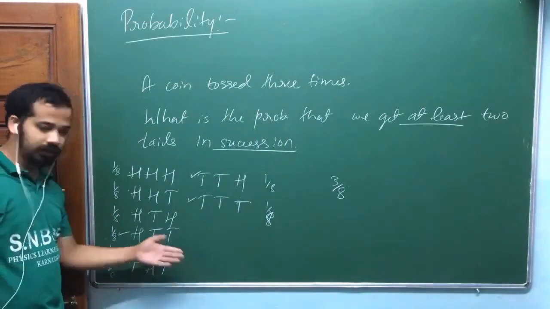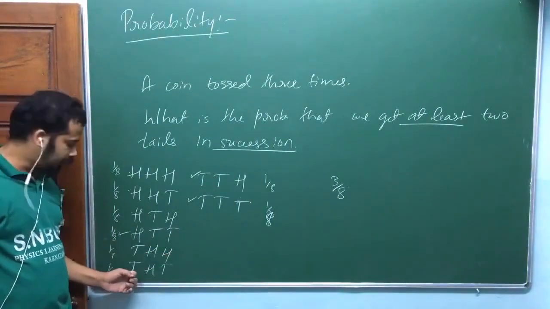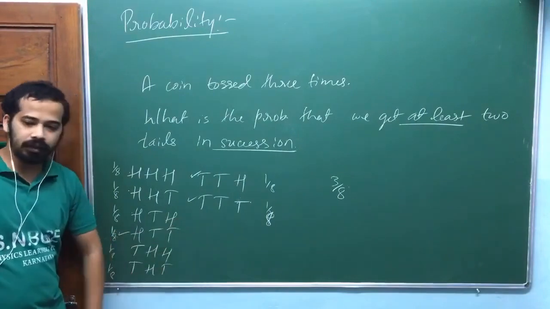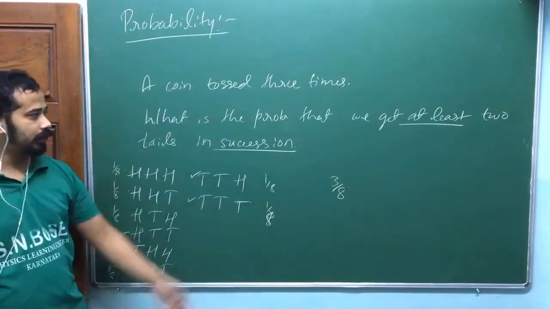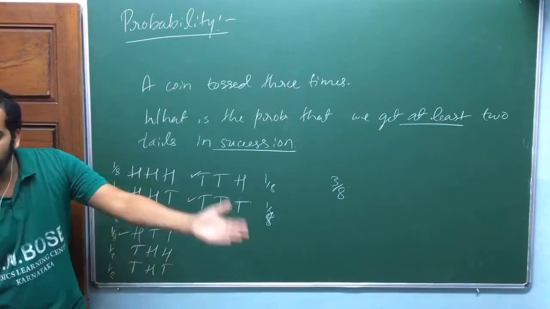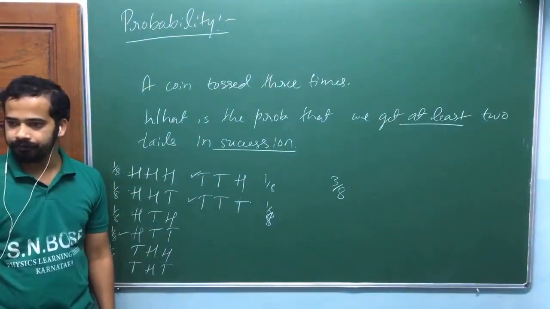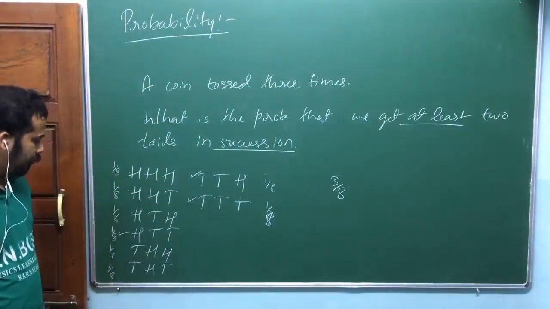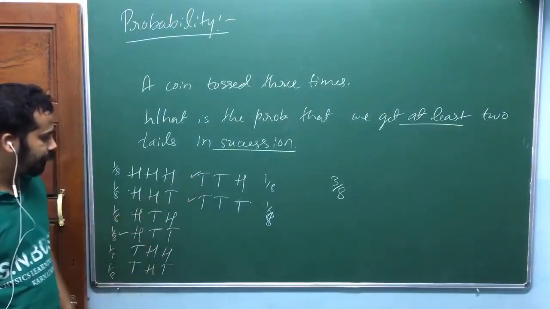THT, this is not one after the other, am I right? This is after you got head, then later you got tail, am I right? Coin is tossed 3 times. Look at it. Succession means one after the other. You got 3 of them which are favored for that one.